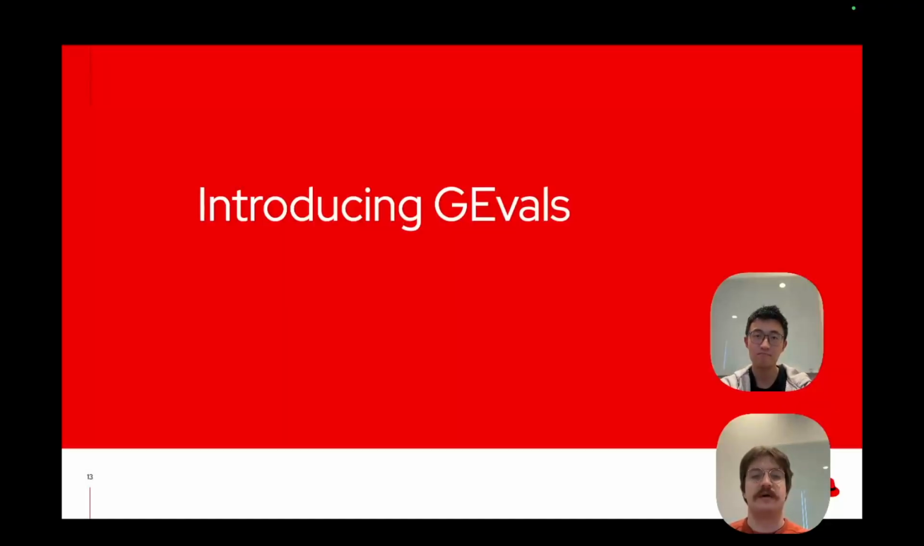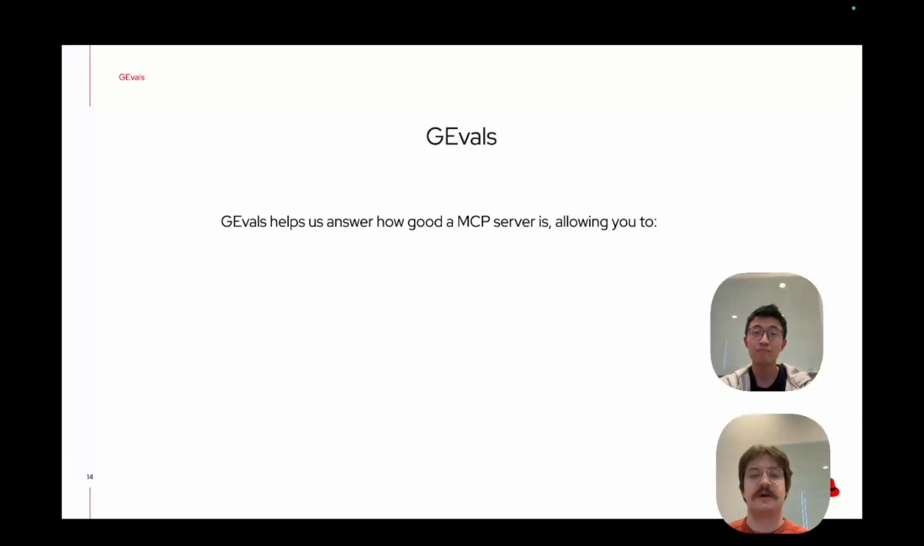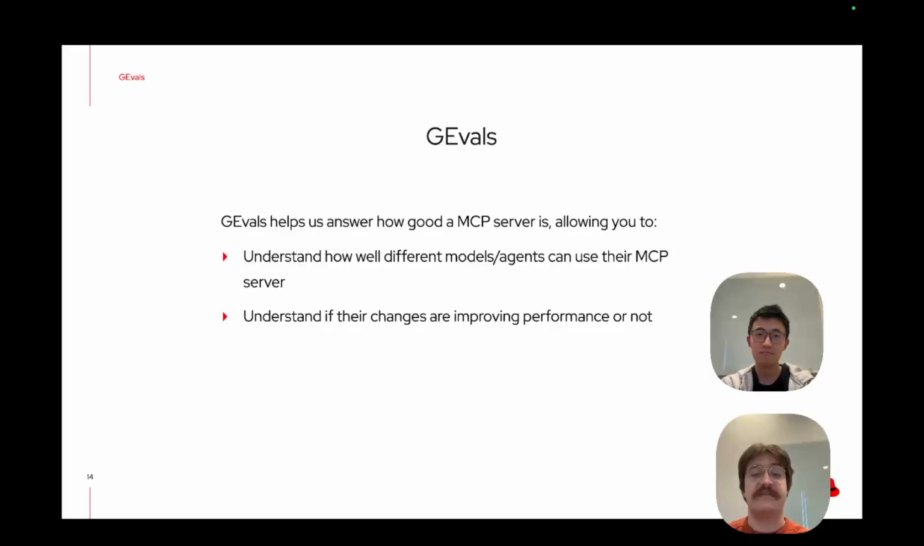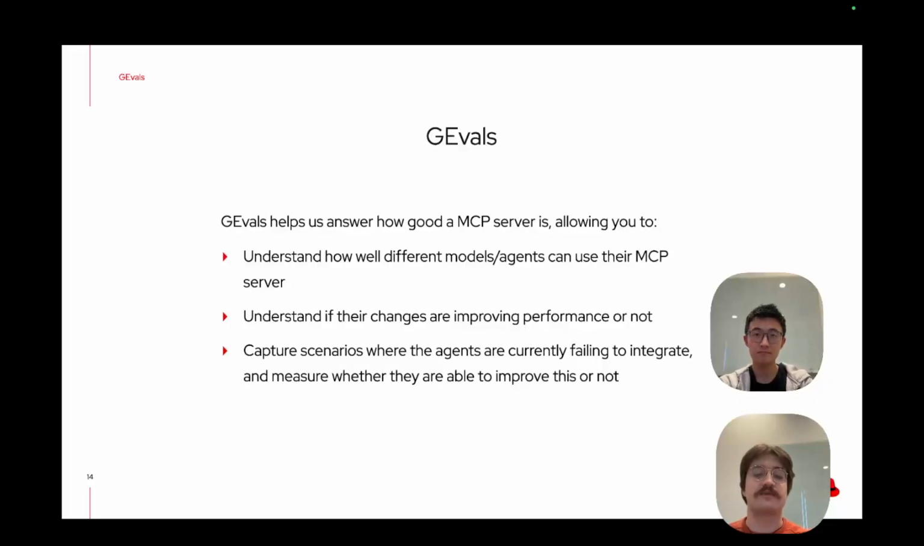And this is where this new project we've been working on called GEvals comes into the picture. GEvals helps us to answer questions around how good an MCP server is. This lets us do things like understand how well different models or agents can use an MCP server. Lets you understand if the changes you're making to your MCP tools or resources are actually improving performance or not. But also, if you're capturing scenarios where your agents are currently failing to complete tasks correctly and integrate with your systems, using these as evaluation scenarios will let you measure whether they are able to improve or not over time